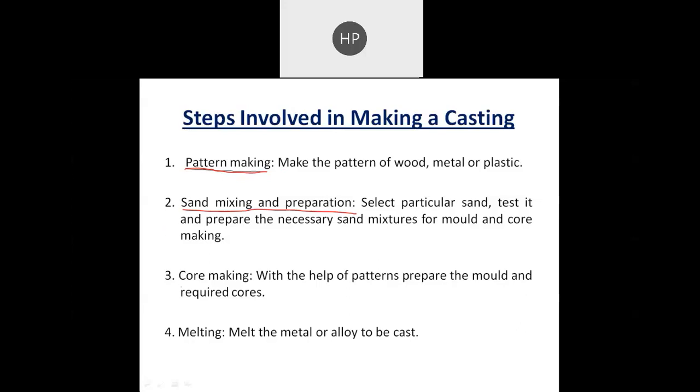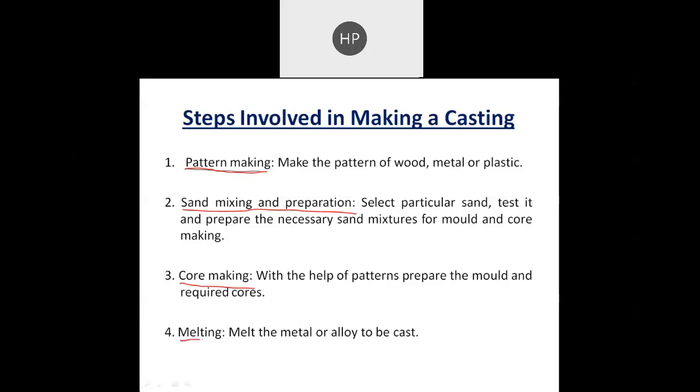Then the next one is core making. Okay, sometimes it is required to produce hollow parts so that we can eliminate the secondary operation, so a core is made. Okay, so core is also made up of sand. How that core is made and what is the importance of core, that we are going to see. But it is also a step, and it is an optional step. Okay, so it's not necessary all the time to make the core for every object, but in some cases where we require hollow parts, in that case we can go for this core making.